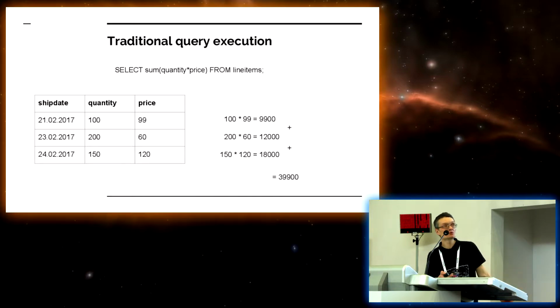So I have shown you the query execution plan already, and that is what the traditional query execution signature looks like. We take one attribute, another attribute, multiply them, get the result, and then we need to calculate the aggregate, and we add it, and we perform this sequence of actions for every row. How can it be